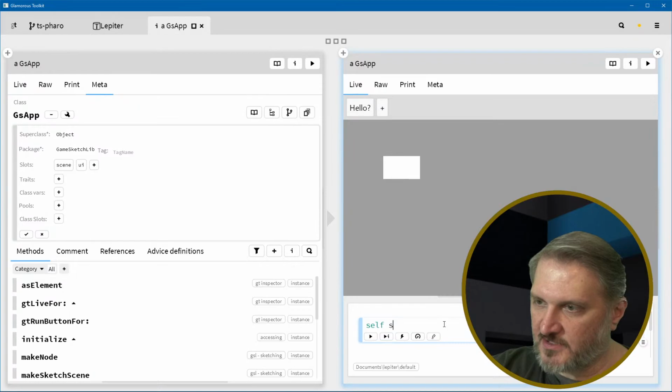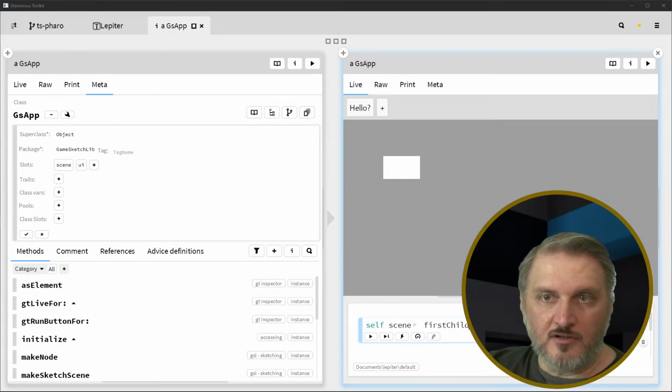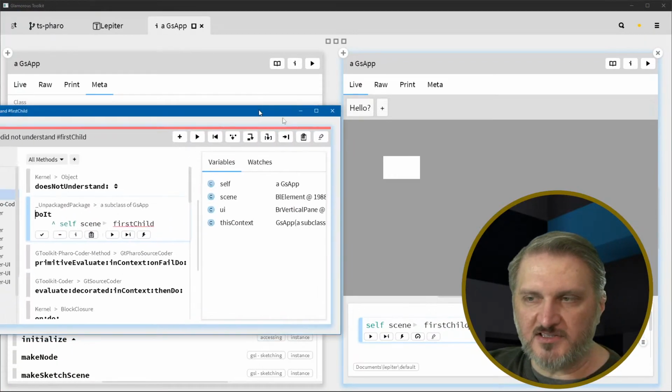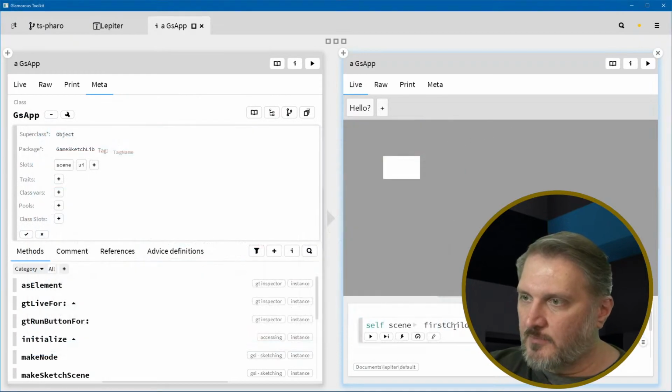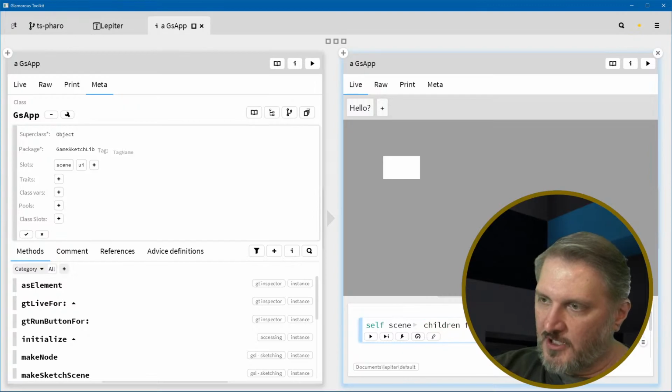I don't know why delete is not working. Self scene, and I have this thing here, and then I can say first tile. Okay. Oops. I got a message saying it doesn't understand first tile. It's children first, and then